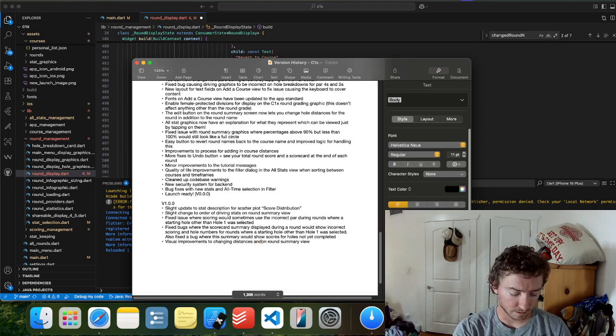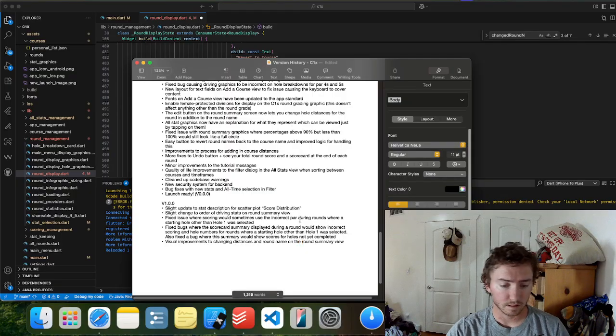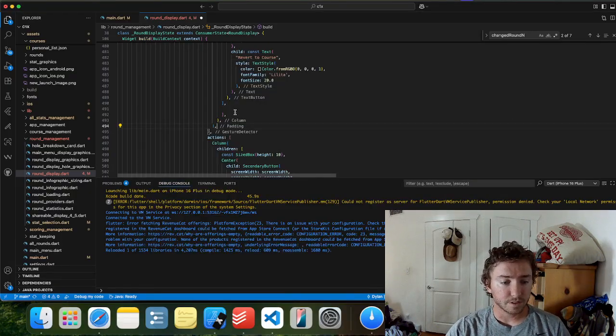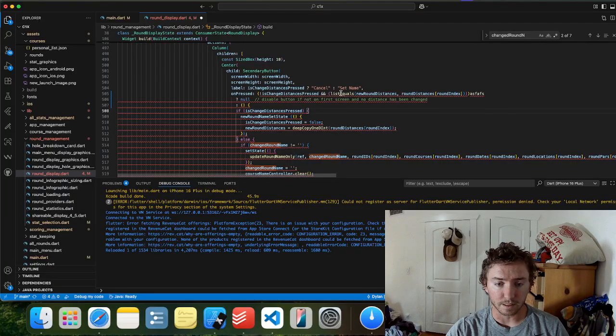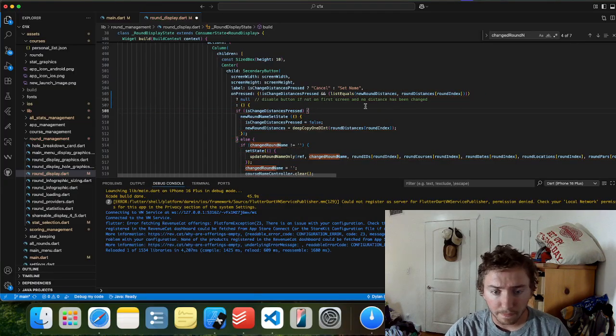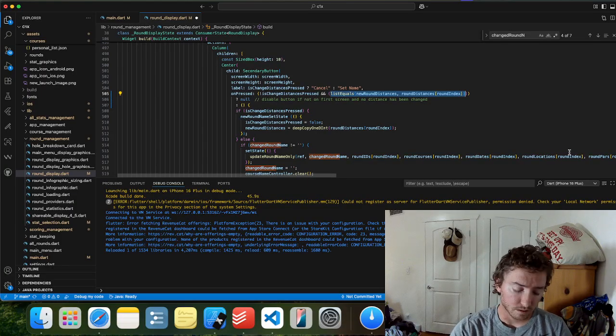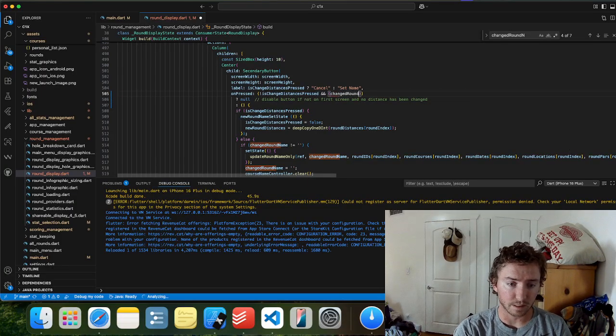Name on round summary view. Okay. And so then here we can just go this change distances pressed and changed round name is equal to that.